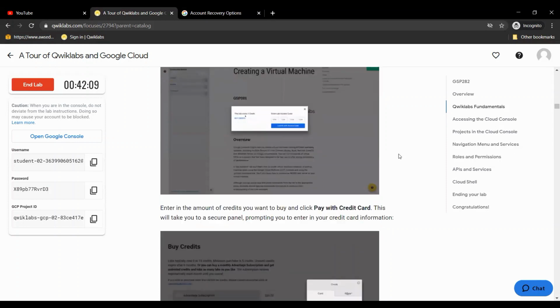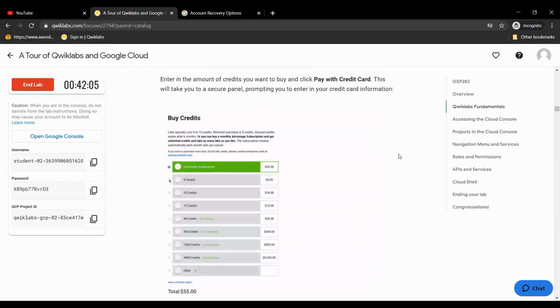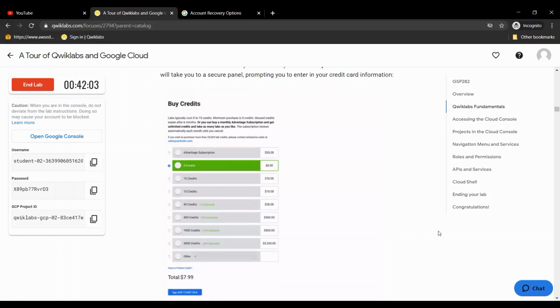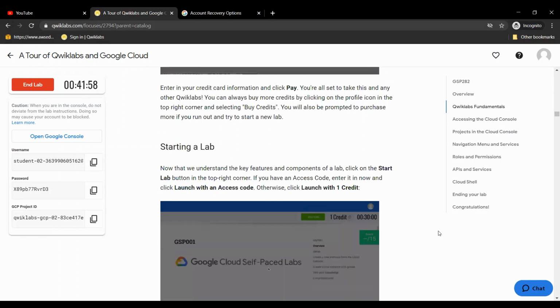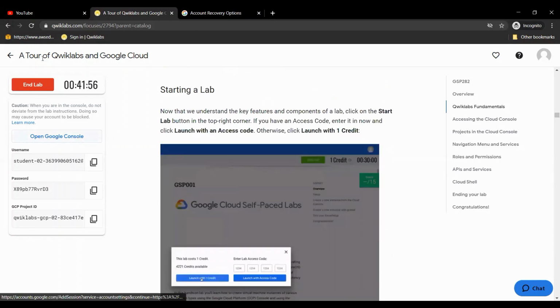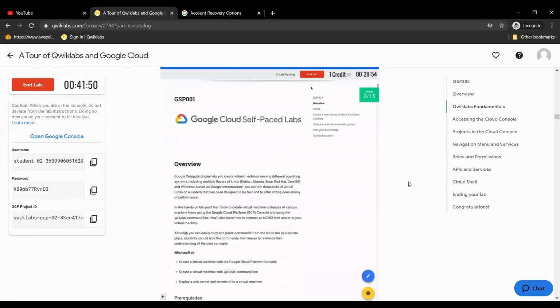There'll be subscriptions also. You can get a monthly subscription using your credit card as it is shown here. And for starting a lab, we just click on this start lab button. If you have an access code, you can even use that and start your lab.